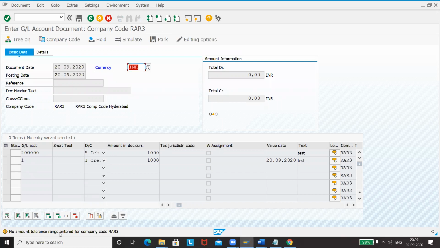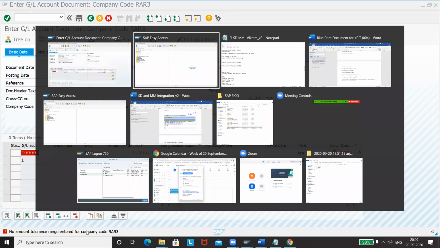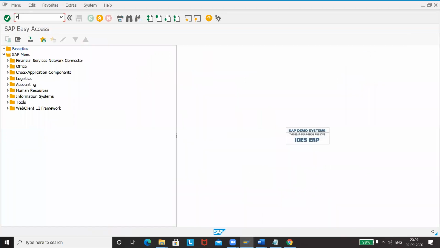No amount tolerance. Okay. This means you have to maintain tolerance. We'll see if we can proceed without that. Okay, it says it is needed and you cannot proceed further. To maintain this, I think OBA3, let me click on.